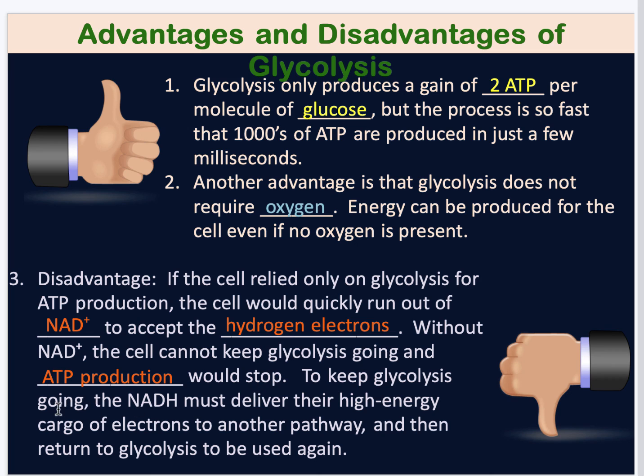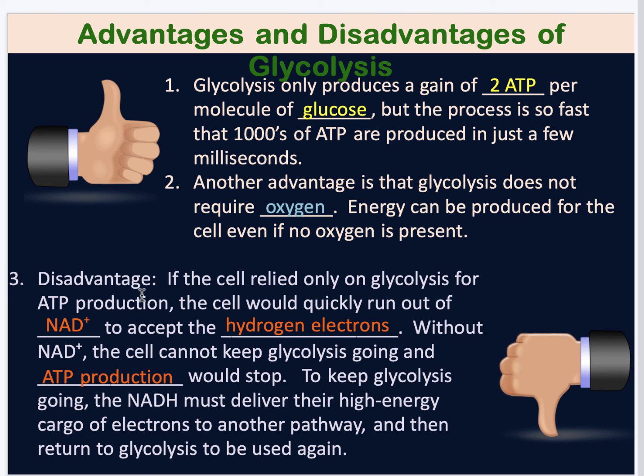To keep glycolysis going, the NADH must deliver their high-energy cargo of electrons to another pathway and then return to glycolysis to be used again. Okay, so from all of that, what do I really want you to know about the disadvantage of glycolysis? That it is not particularly efficient. It only has a net 2 ATP, and